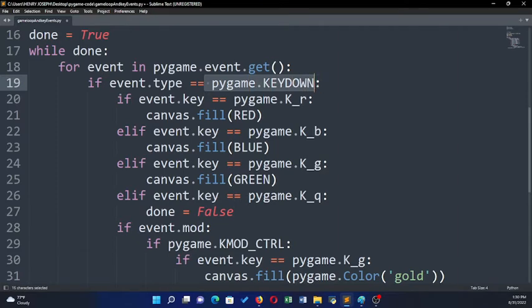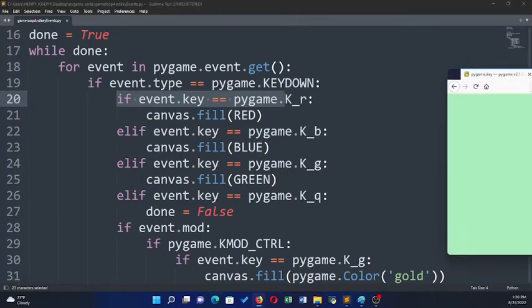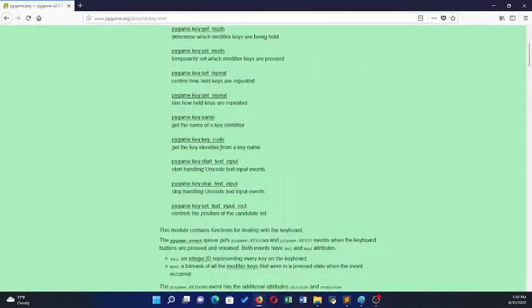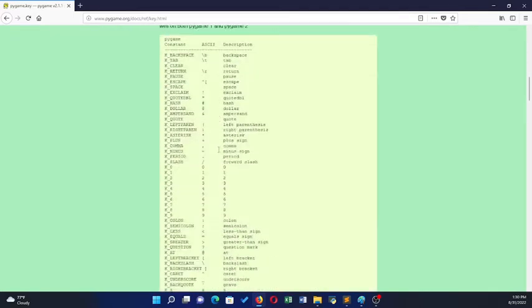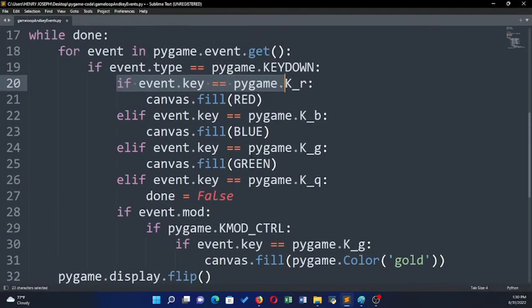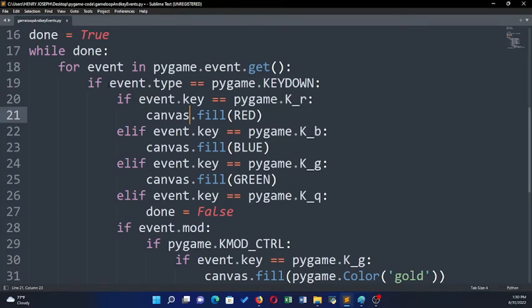What does KEYDOWN mean? Has there been any key that has been pressed? Another type of event could be mouse down or mouse up. If you would like to know the different types of events, you can go to the pygame website and look at the different event types. So if there has been a key pressed, then I'm going to check if the key